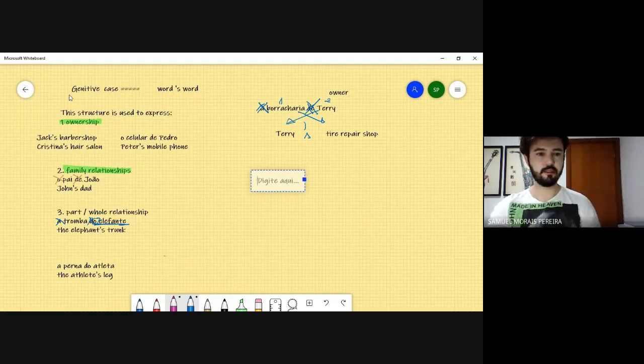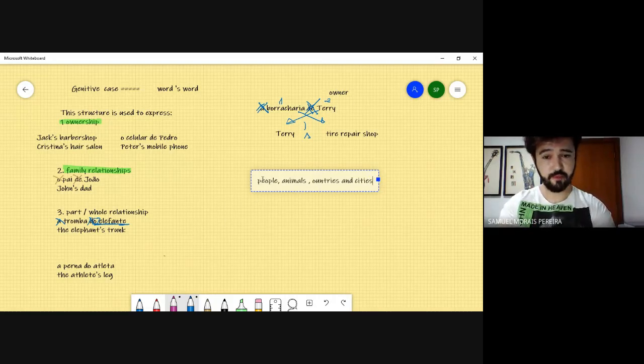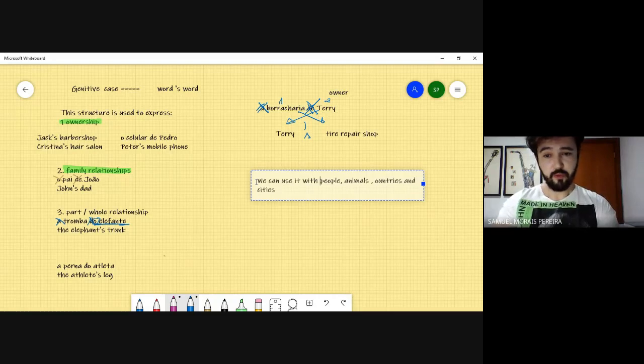We can use the genitive case when we are talking about people, okay? When we are talking about animals in general, and when we are talking about countries and cities, okay? So it's possible to use the genitive case in these cases here. We can use it with people, animals, countries, and cities, okay? So as you can see here, I have the name of a person, and then here I have an animal,